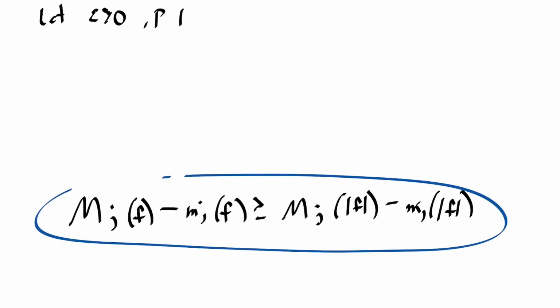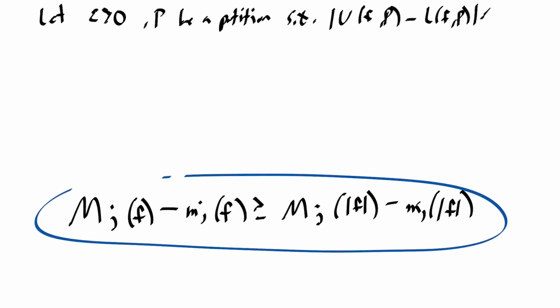Okay, so the result is: let epsilon be greater than 0, and let P be a partition such that U(f, P) minus L(f, P) is less than epsilon. That's what it means for f to be integrable. Then what we know, then